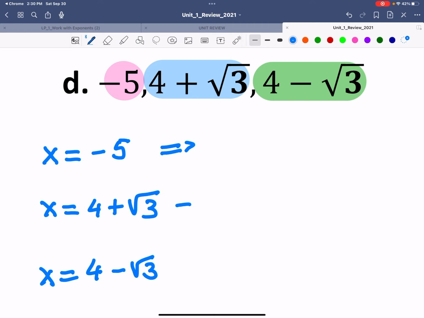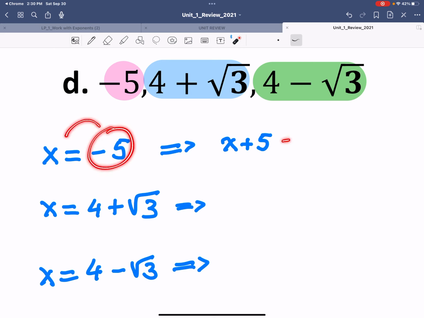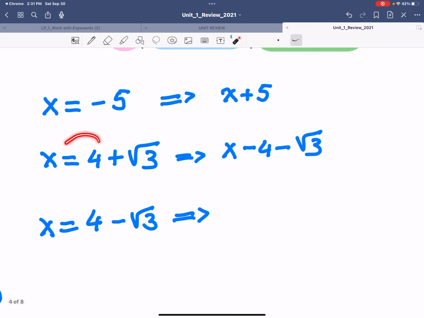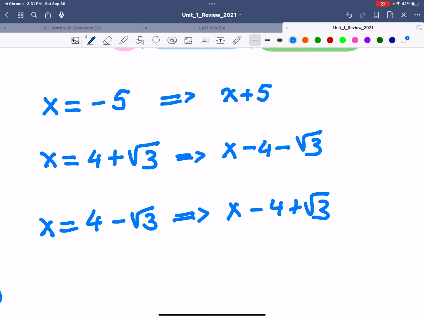So based on the roots, I will start creating the factors. So x plus 5, again, bring negative 5 to the other side, because we know x plus 5 equals 0 is the equation we had to solve to obtain this root. So next we have x minus 4 minus square root of 3. And lastly, x minus 4 plus root 3. So y equals